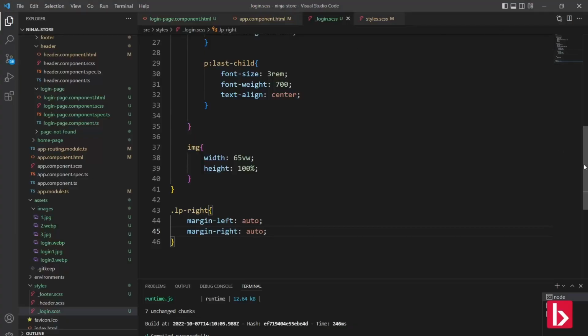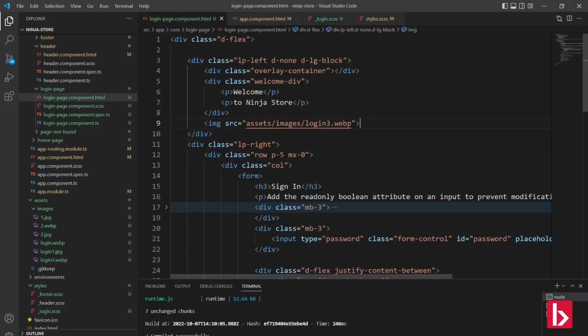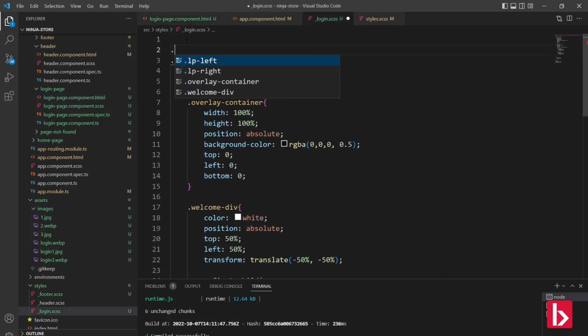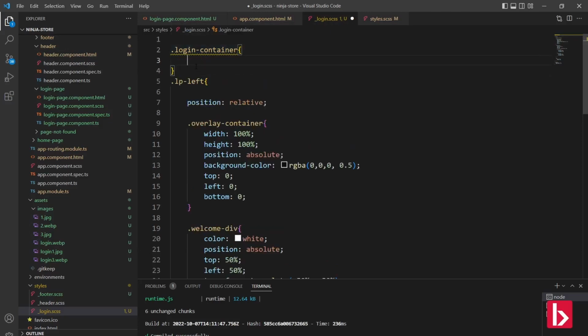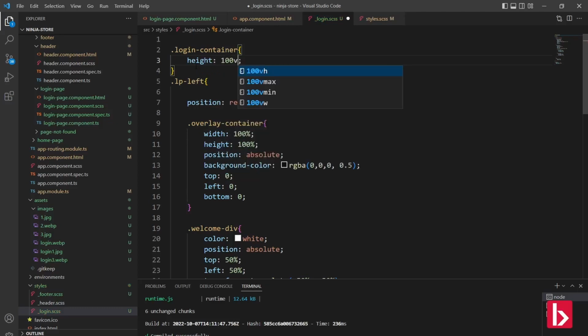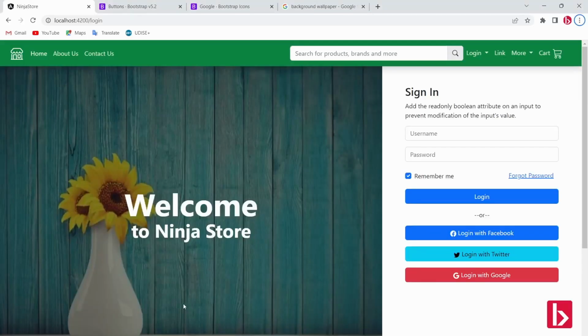For this I will apply on top, this is the d-flex, on this I will apply display flex. I will apply a class, login-container. Inside .login-container I will give height. Height will be 100 viewport height. See, it has taken all,